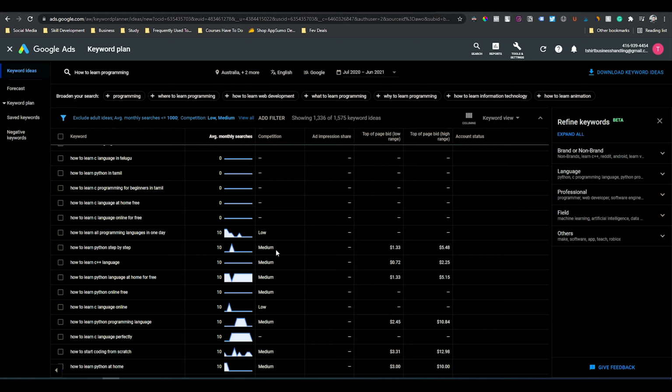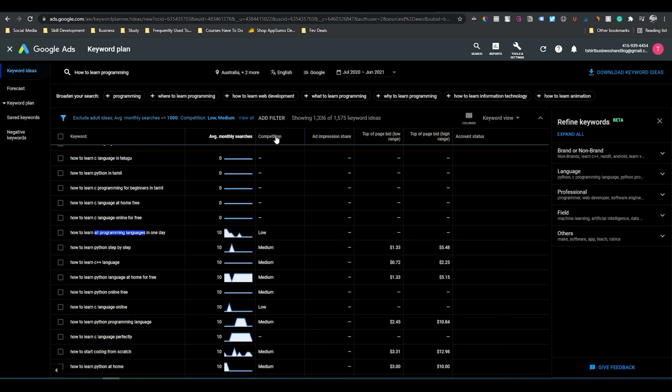How to learn all programming languages, how to learn all programming languages in one day. It's low competitive, but I don't like this keyword at all, so I will not take this because you should not learn all things of the world. If you learn all things of the world, what will other people learn, right?